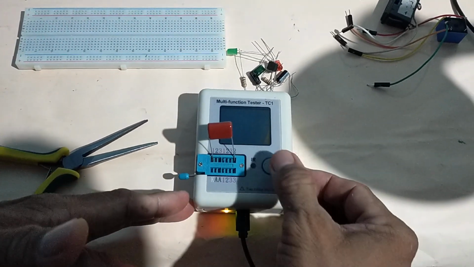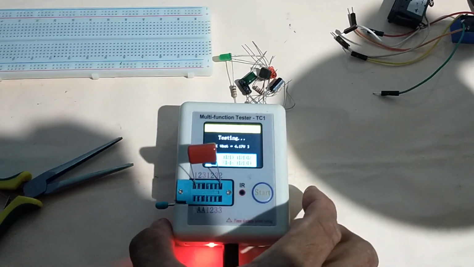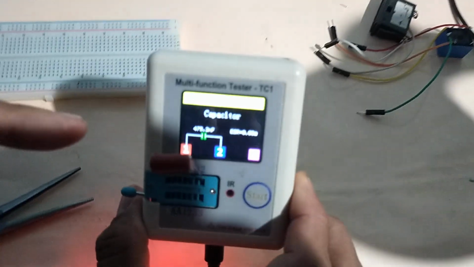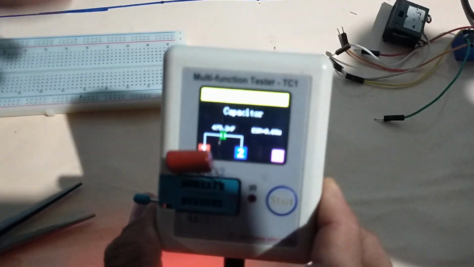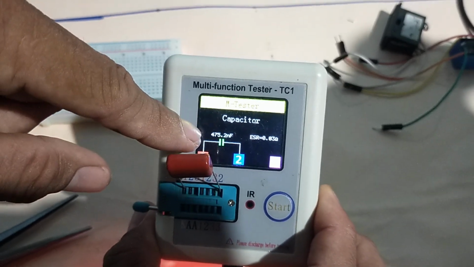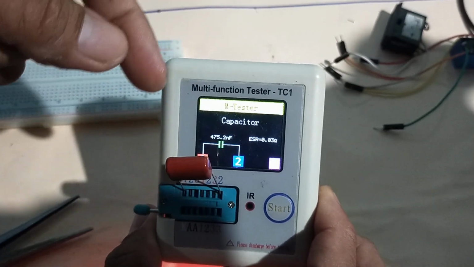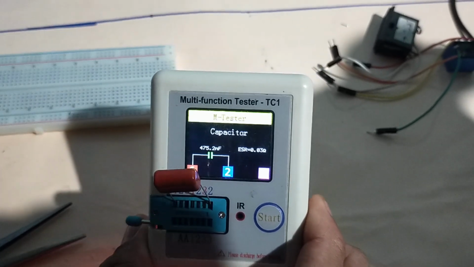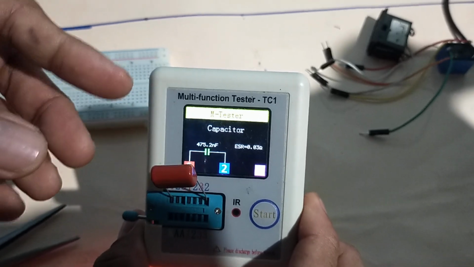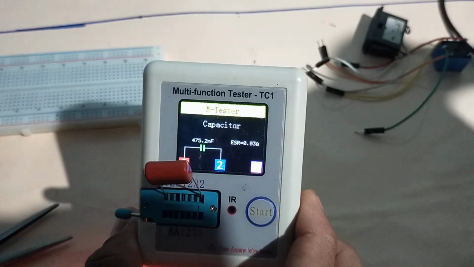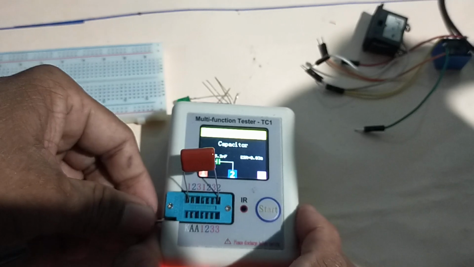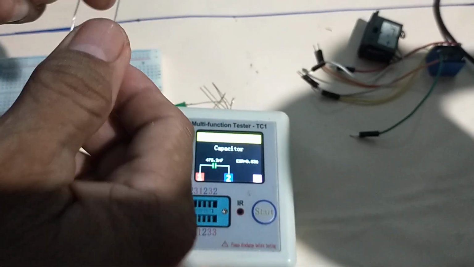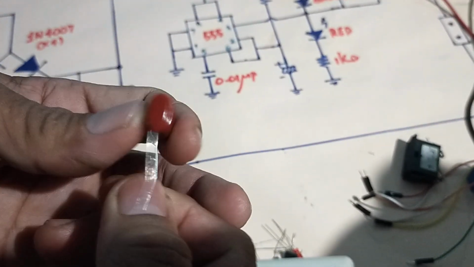Then, press this start. Okay? So, the capacitor is good because the capacitance given here is 475.2 nanofarad. When it is converted into micro, that becomes 0.475 microfarad. And if we are going to read the numerical code marked on the body here,